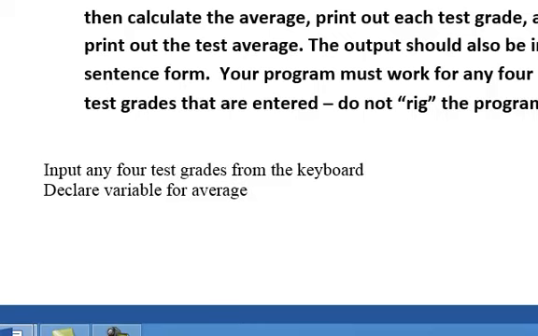It's about logic. You want to declare the variable for the average, calculate the average, and I'm going to look at all the things that are going on here. Calculate the average, print each test grade. Now, even though you're seeing it on the screen, that doesn't count as printout. That's just when you're typing it in from the keyboard. I want it in sentence form. And print